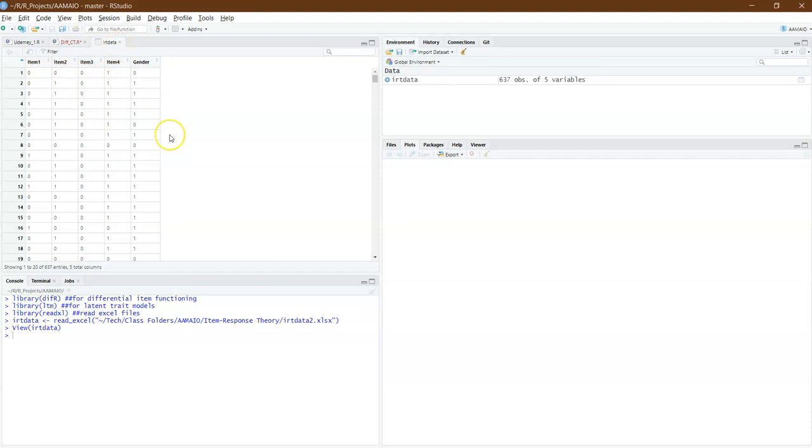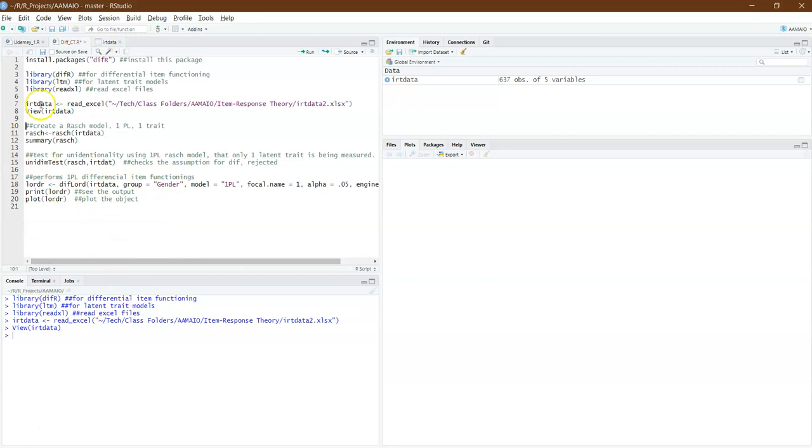In my scenario, I am using differential item functioning to look at a cognitive ability test and to see if this test is biased between genders or biased to one gender. That's the purpose of me running this test. So now I have my data loaded,